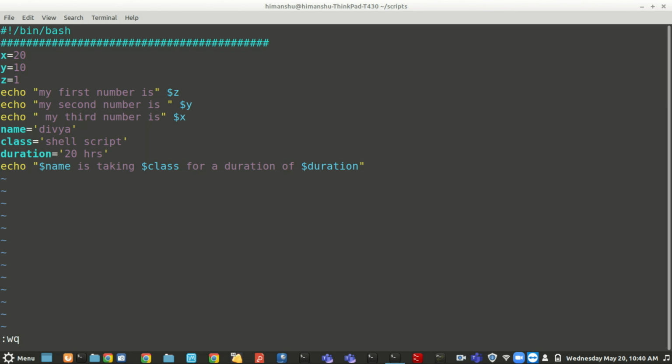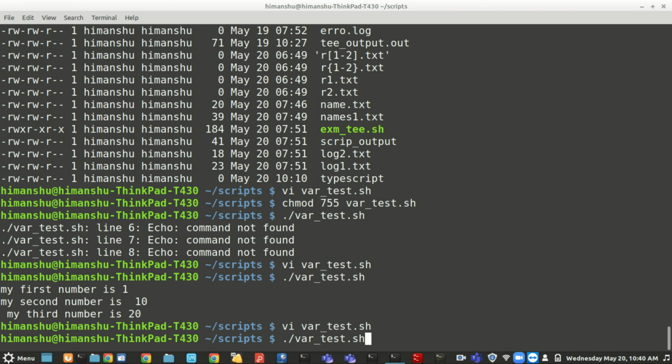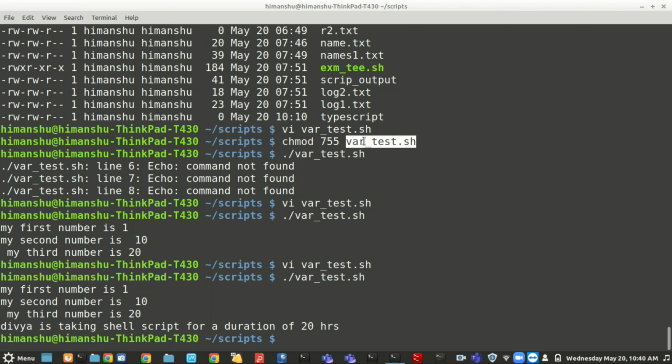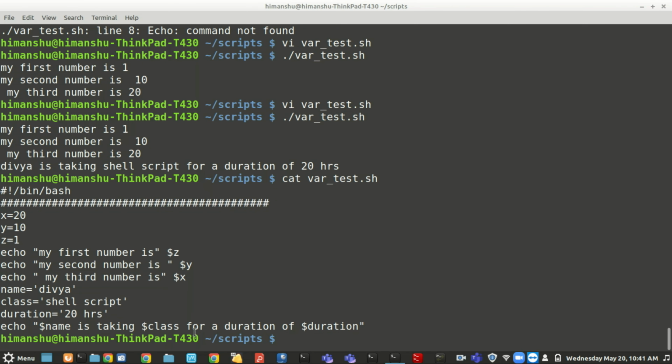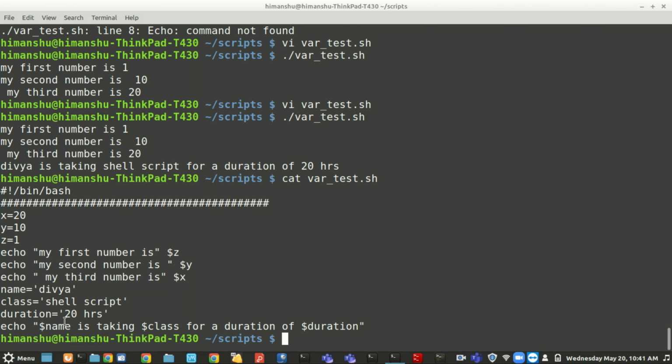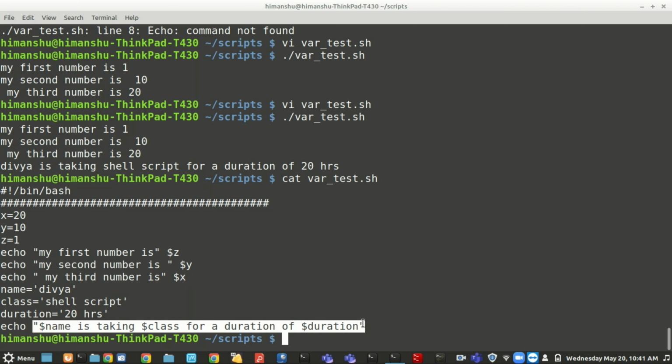Correct? Getting it? In that case you have to write multiple times, whereas if I just run it, see, now it has automatically replaced all the variables in a single double quotes only. So normally you should use this approach. It depends on you, if you are comfortable writing like that, it is well and good, but see, you have to do dollar name, then in double quotes, then this one, then dollar for a duration of, then again this dollar duration. So it would be a little lengthy process for you. Okay, so try to prefer using all those variables in a single double quotes.